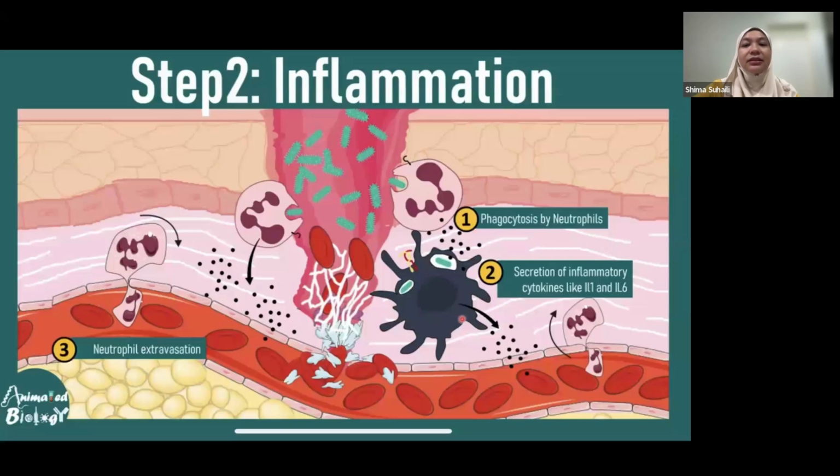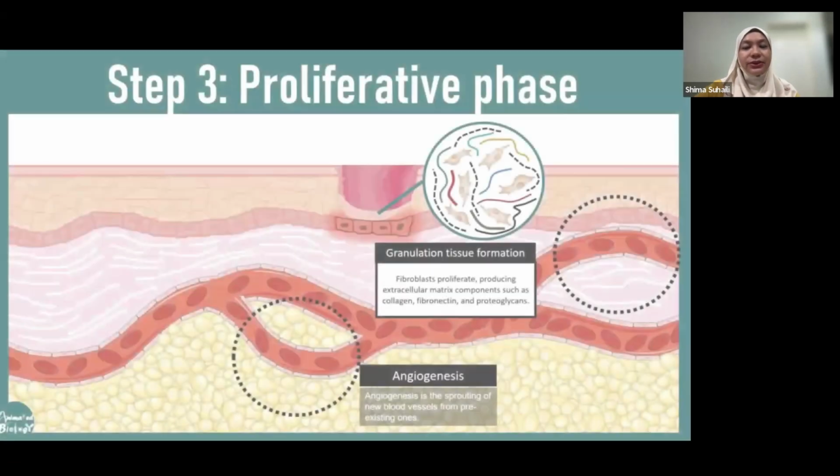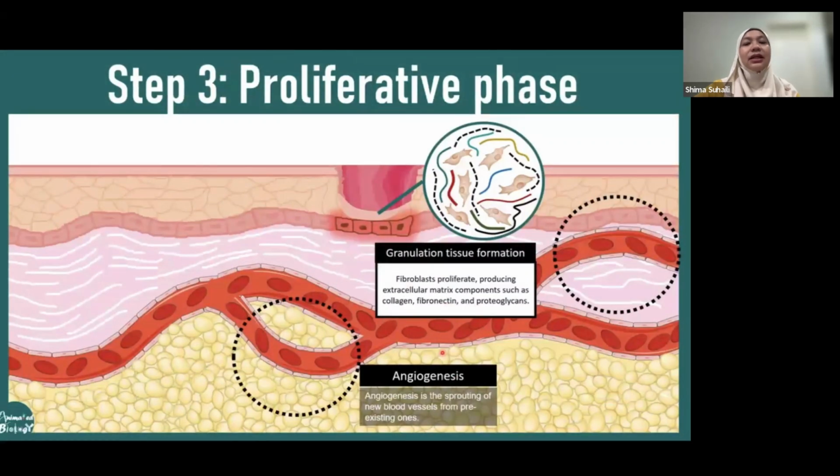At the same time, later macrophages will go to the wounding section, and these macrophages are like our alarm flora, di mana dia akan bersihkan kawasan luka tu. Dia akan makan all the dead bacteria, it will makan the neutrophils and also all the slough also. Okay, and then at the same time, there will also be secretion of the inflammatory cytokines and also growth factor during the inflammation. Okay. So when the inflammation settles, soon the wound will go into the